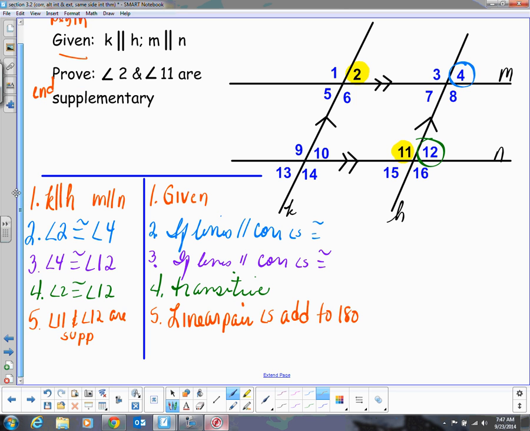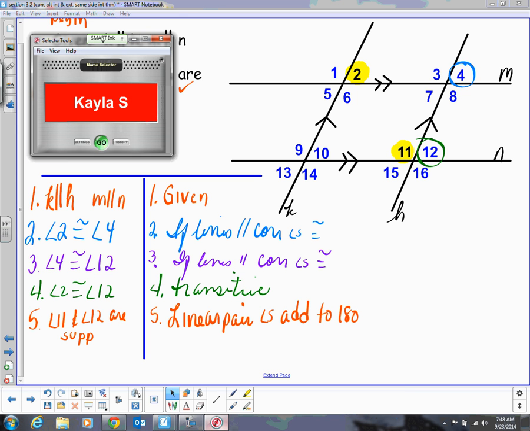All right. So do you see we're really close to finishing? We got the supplementary there. But we need 2 and 11, and right now we have 11 and 12. So if we know,